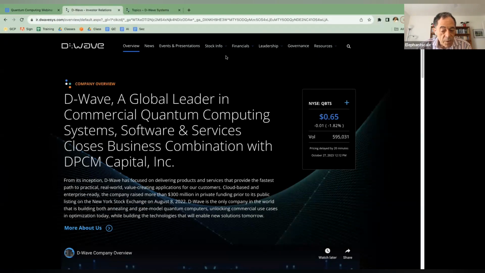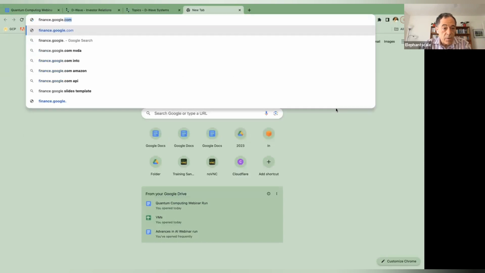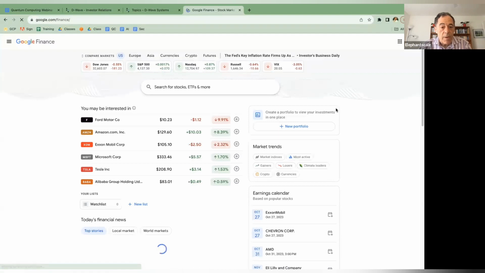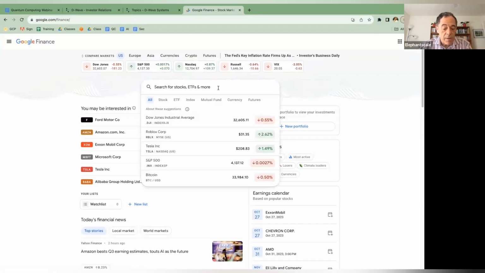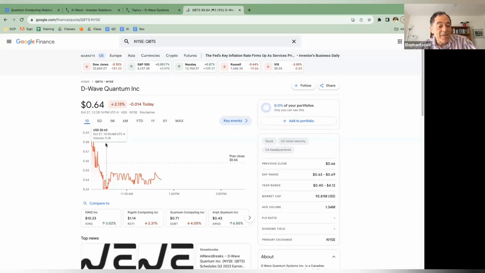There seems to be a confusion, there are two D-Waves. That couldn't be. So it's probably naming and renaming. Ah, that's the symbol. So find that symbol and let us go to finance. google.com, and find them here. UBTS. Now that's not such a rosy picture here because it's low. Now if we go and look at multiple years, max,